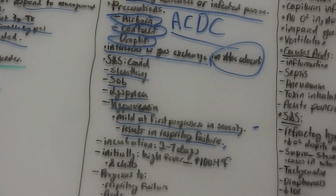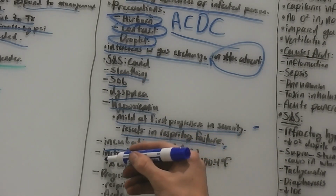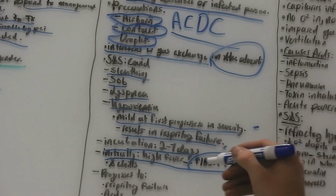So the signs and symptoms of COVID, remember, sleuthing, shortness of breath, dyspnea, hypoxemia. Now, the incubation for coronavirus is 7 to 10 days, and initially we see a high fever over 100.4 and